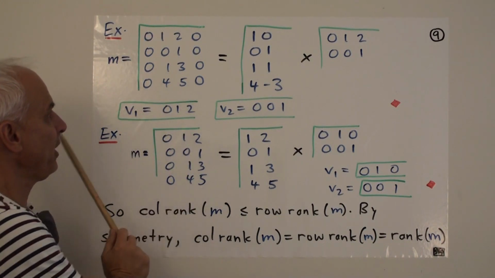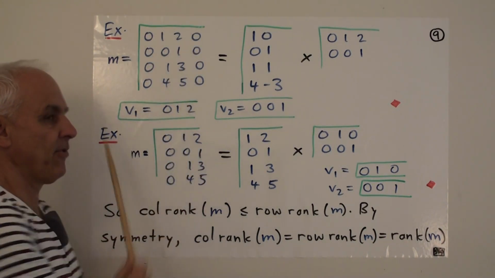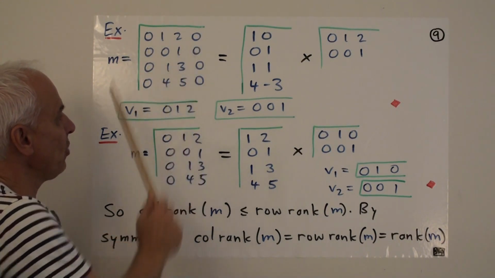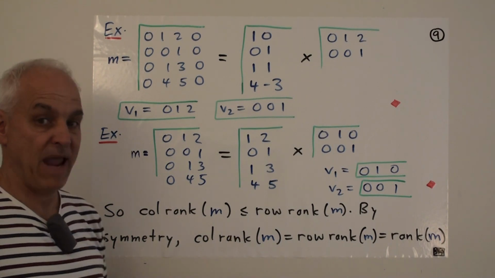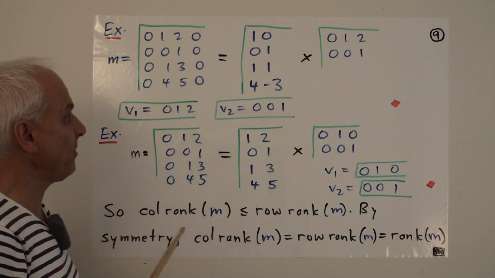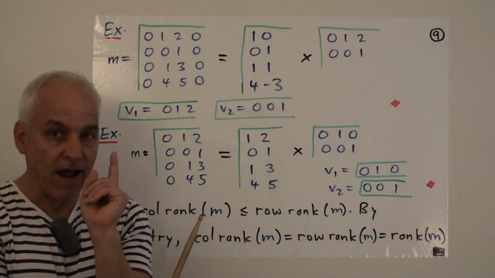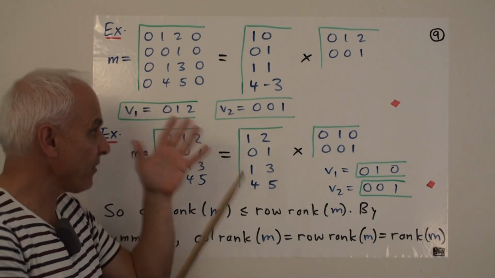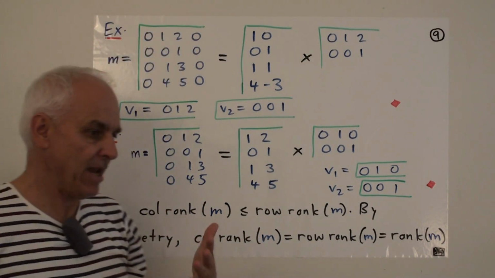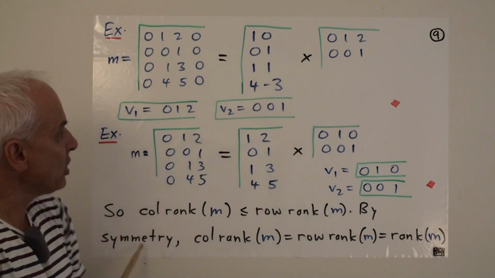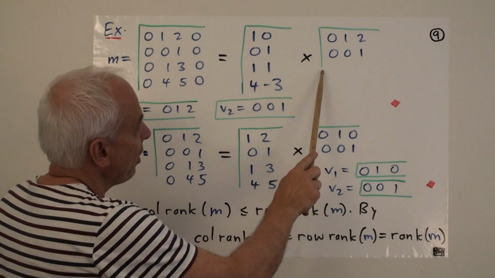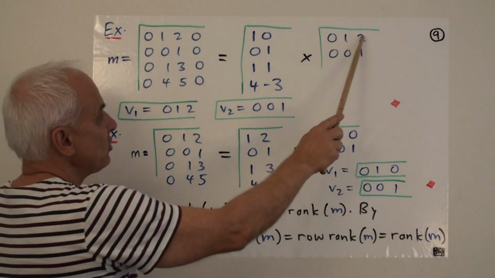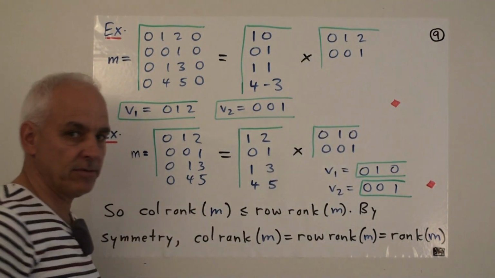And this row here is 4 times this one minus 3 times this one. Right? We've seen this relation before. So we've already observed that these two are spanning rows of this maxil. Now, we can use that fact to get this factorization. So this is the key point, how we go from the fact that these are spanning rows to this factorization. So let's just look at this product where on the right hand side we just put the maxil with just these rows here. 0, 1, 2, 0, 0, 1. I'll dispense with the zeros outside.